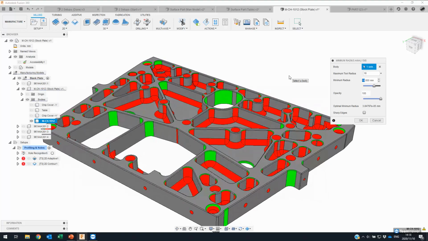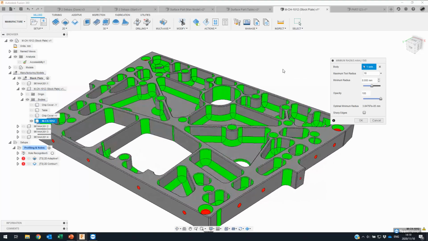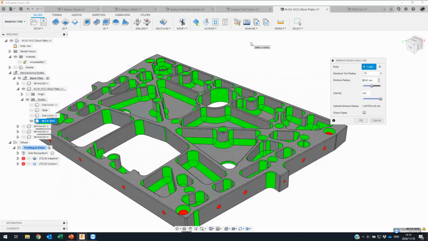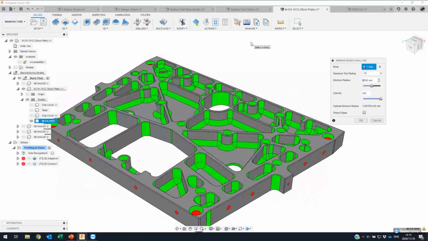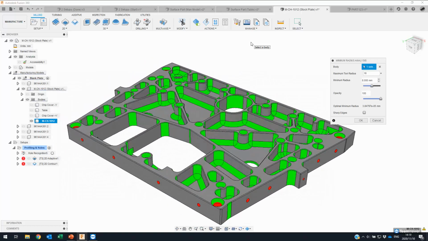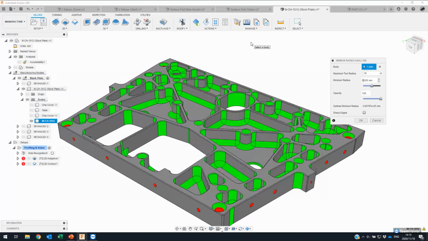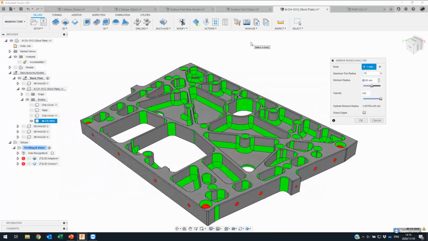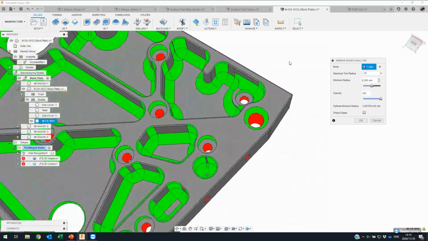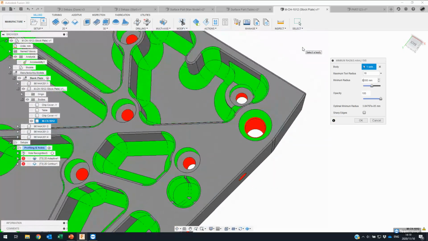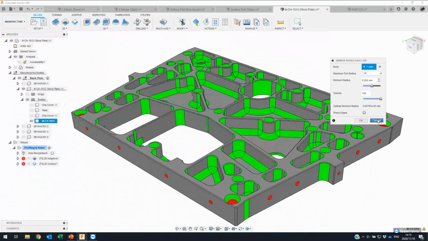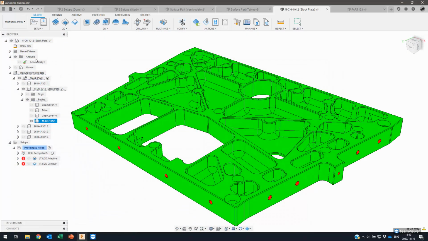So if I go down to an 8 millimeter, we'll see that the 8 millimeter cutter would be able to go into most corners, and if it was a ball nose, we'd be able to use the minimum radius, so that would be a 16 diameter. That would be able to go into the corners and machine all the corners around the bottoms of the pockets. We'll see now with that minimum of 8, I can't go into the holes though. So this just allows you to interrogate that model for the machinability,